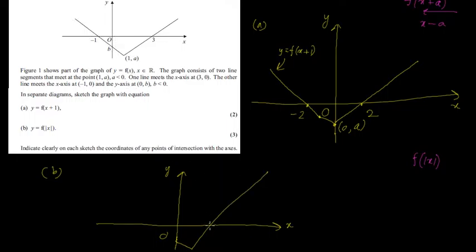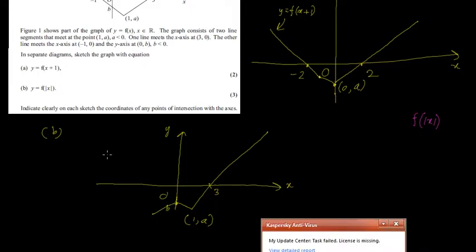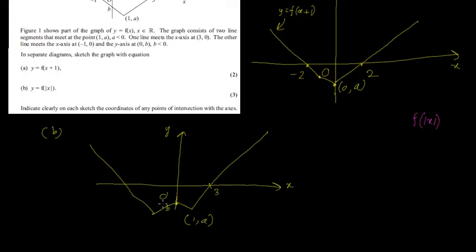Now this is 3, this point is b, and this point is 1, a. Now what you have to do is reflect the same picture on the other side, on the negative x-axis. So it would be like this, and it would be like this. So this is what it is. So this would be minus 1, a. So this is what the picture looks like, and if you reflect this to the other side, this would be